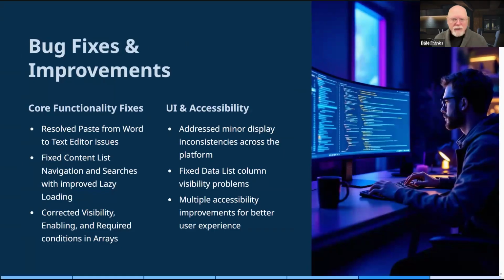Let's talk about bug fixes and improvements for that. So there's some core functionality. If you were copying from Word and you were on a form, you had an input field, and you had the input field set to use the text editor, and you tried to paste some stuff directly from Microsoft Word into the text editor, things could get a little wonky.